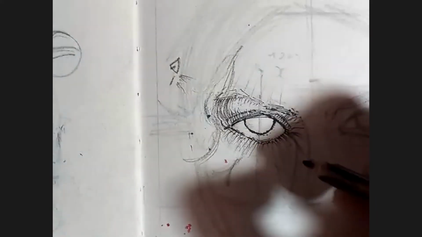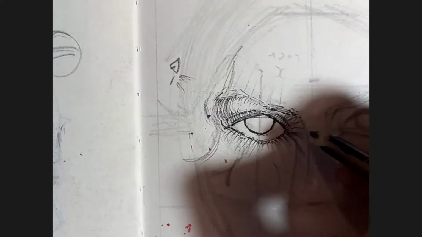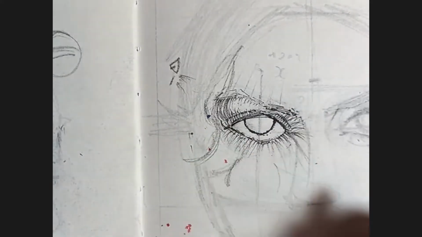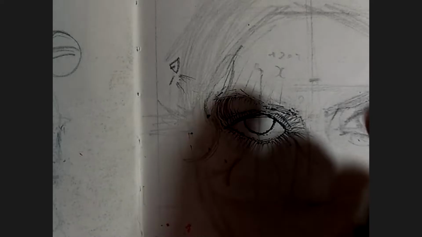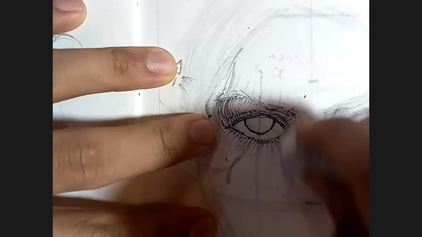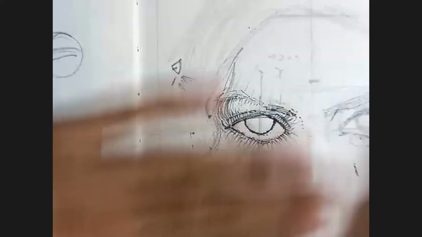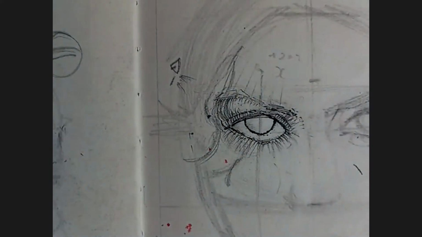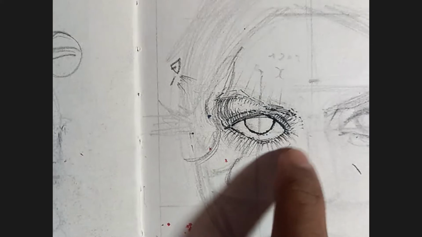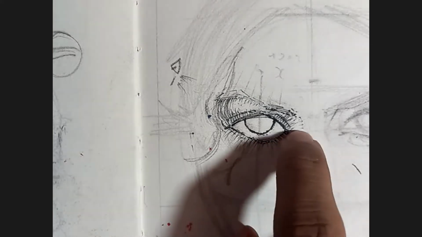So see, we'll work on it. Right now, let's not worry about it. Think of these as separate portions and let's draw it. Eventually, it will merge together as we work on the rest of the skin tones. That's what we are going to be focusing on later. For now, just draw this much portion. You can think of these as upper and lower.